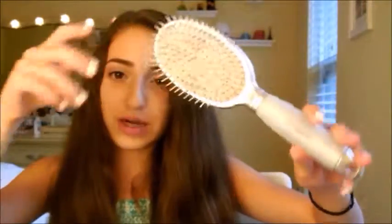I'll brush it out before I get out of the shower, so it can be ready to dry. And then once my hair dries, once again another Conair product. This is just a plain paddle brush, and I love this. After my hair dries, I'll go through with it like this and make sure I get the ends. Honestly, any brush could damage your hair, but I'll brush from root to tip just to make sure my hair is very